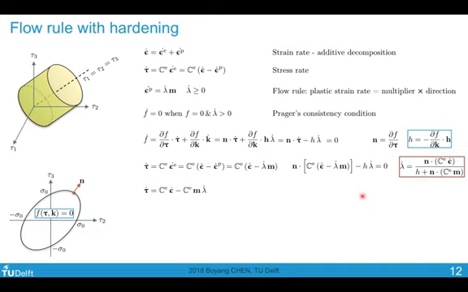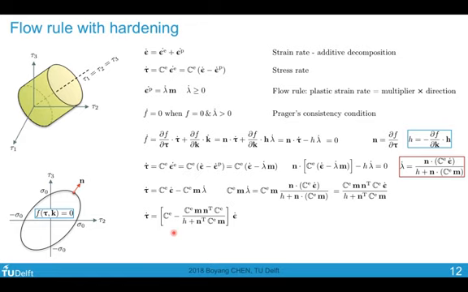Then we can plug in the expression of lambda dot to get an expression of stress rate in terms of total strain rate. So the second term here can be expressed as such, and then we replace the dot product by matrix multiplication. We obtain this form. We can then single out the total strain rate and obtain this within the bracket to be the tangent modulus. The difference between this tangent modulus and the previous one without hardening is only this addition of h. It is also symmetric when n equals m, and this is the case for metal.